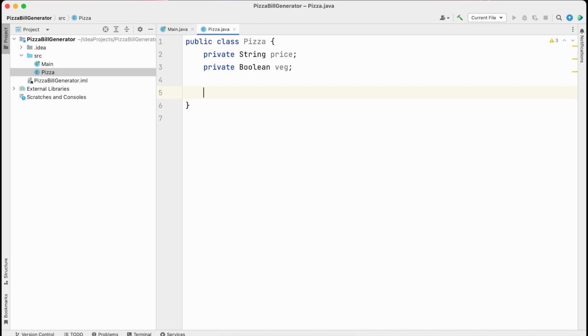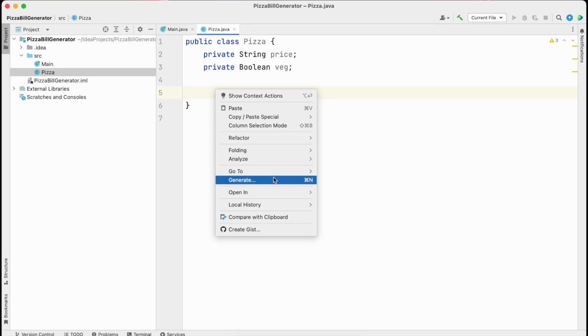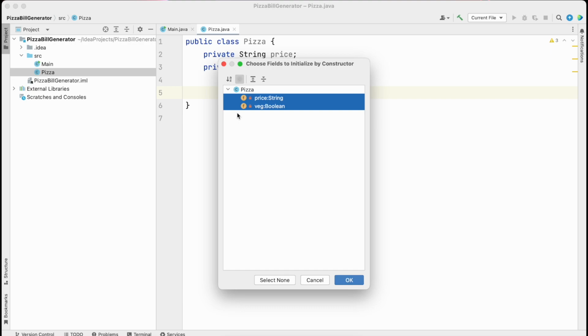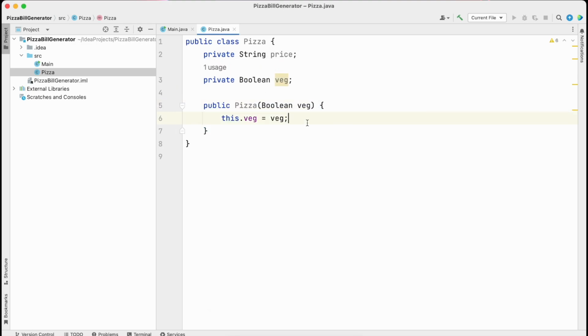Now let's just have a constructor. In order to have a constructor, you can simply right click and choose generate. Here at the top we have the option for constructor. We don't need both of them. I'll just go with boolean. I just need this boolean value in our constructor. While instantiating this pizza, we just have to pass whether the pizza is veg or non-veg, because the price of our pizza is already fixed for this variant, right? So we don't need to have that in our